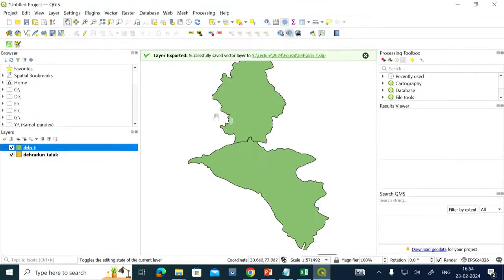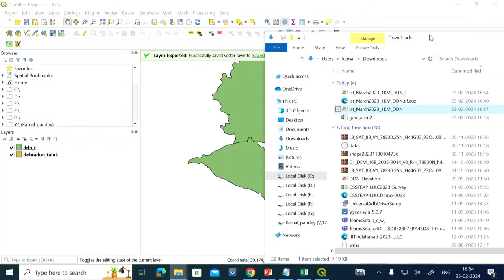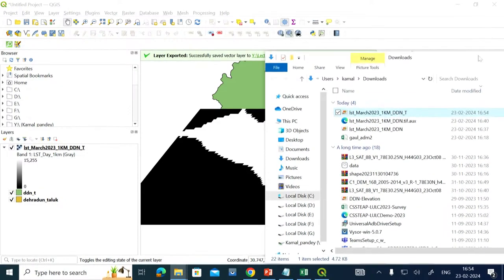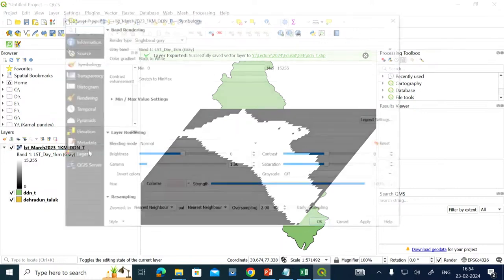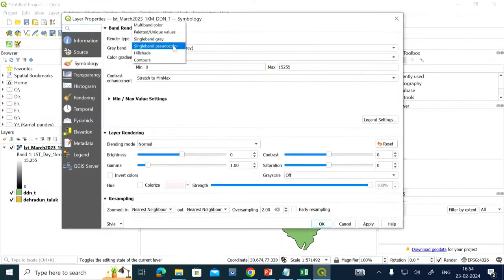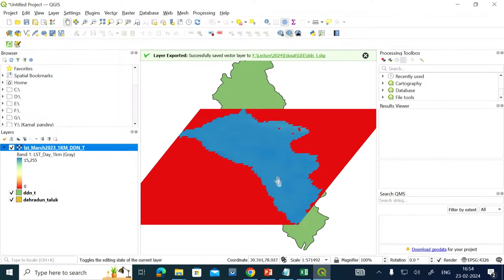Now I will go to my QGIS software, the very popular open source software. This T, let us try to put it here. So you can see there is a difference of the projection system, but I am able to get the data at this place also. Properties, and then I can give different unique values like this, apply, and then okay. So you are getting the temperature like this.